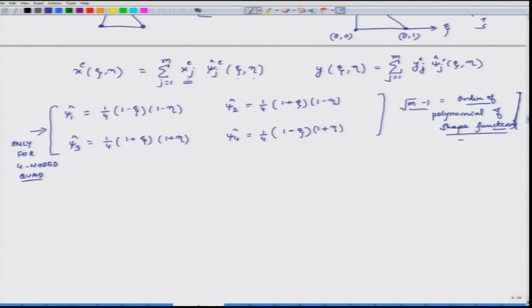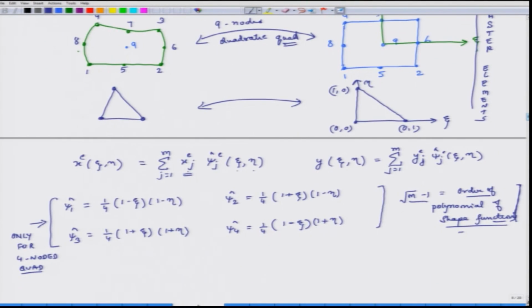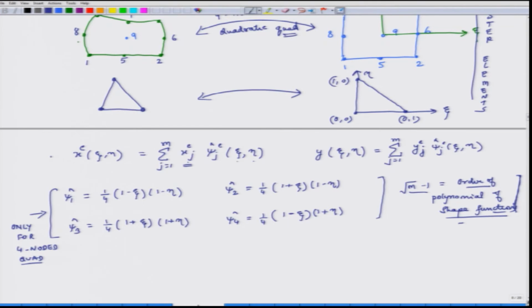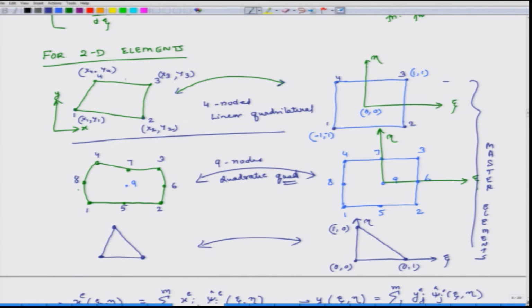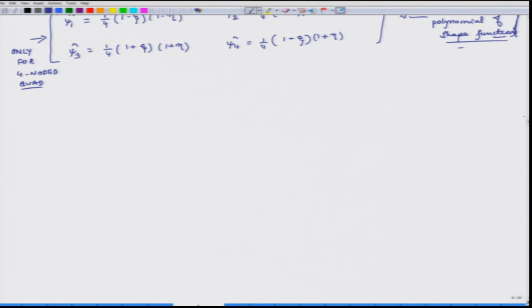So, what we have done so far is we have developed relations which transform x coordinate into zeta neta coordinate and y also into zeta neta. Using this coordinate transformation, I can transform a 4 noded quadrilateral into a square element of size 2 in zeta neta coordinate system. But what is our original goal? Our original goal is to do numerical integration, right, so that we can easily compute the values of Kij and Fi for element matrices. So, let us look at an example.